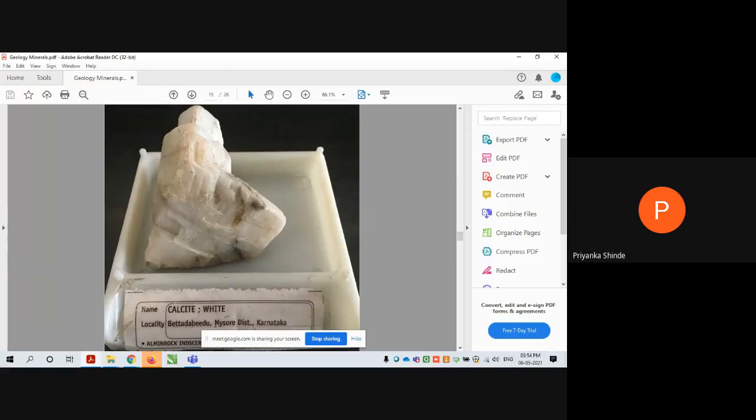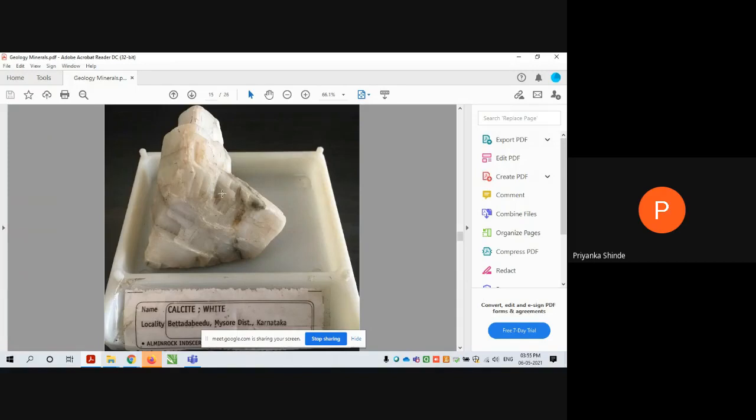It has rhombic cleavage, meaning if you try to break this mineral, it will break in a rhombic fashion. Even a small piece of this will break in a rhombic fashion. That is because it has 3 sets of cleavages. Like a cube, you can imagine it has 3 plates in which it can split. So this calcite also has 3 sets of cleavage in 3 directions, so it breaks in that particular